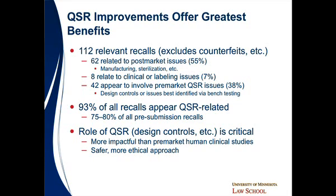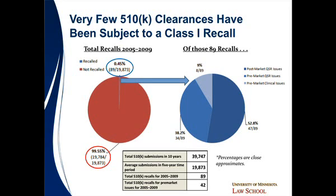So this reinforces the importance of QSR. We also then took a fast look at how effective the system was in identifying problems. And so we took all recalls for the 5-year time period. We arrived at a normalized denominator, which was the average of 510K submissions over a 10-year period, and tried to calculate the percent of products that had been cleared via the 510K submission that had recalls, Class 1, and those